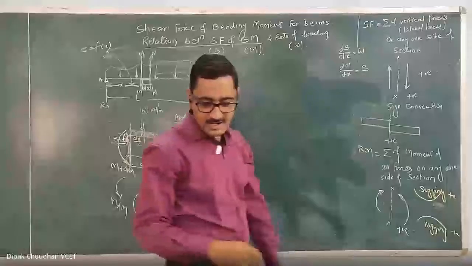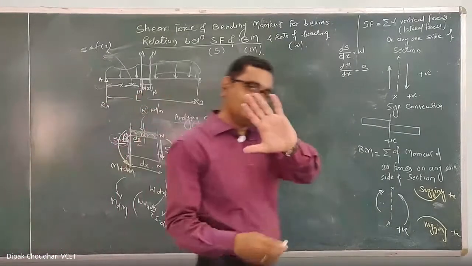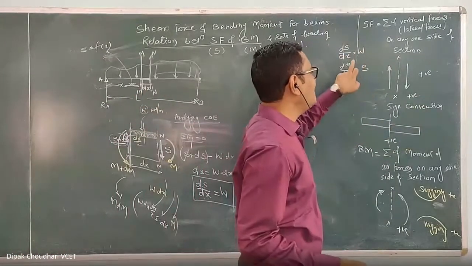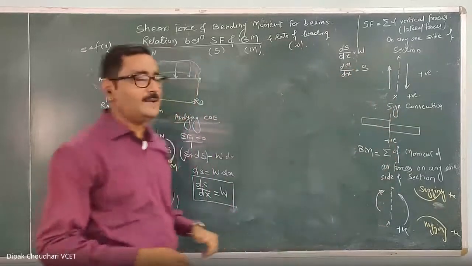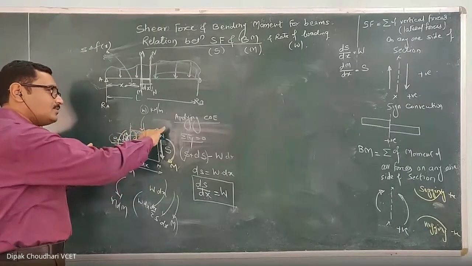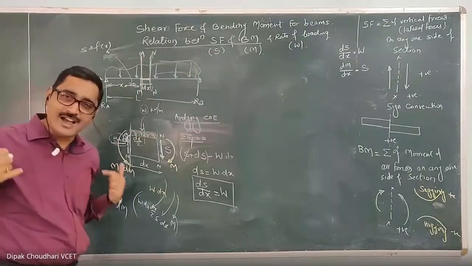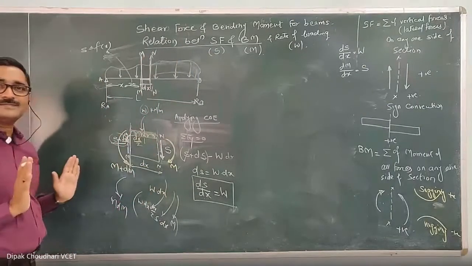Hello, sir. In the diagram that you have drawn, if we take the downward force as S plus dS and the upward as S, we get dS by dx is minus w. In some of the books, it is given that way also. dS by dx equal to minus w, dM by dx equal to minus S. You can change it that way also, but that is by using a different sign convention. What I am personally suggesting is that you remember this.